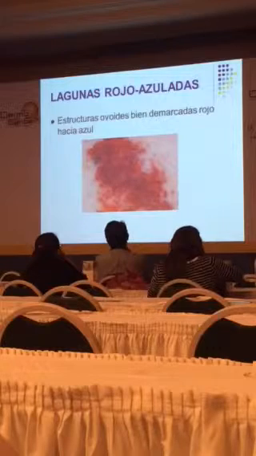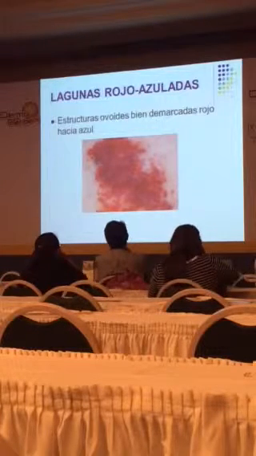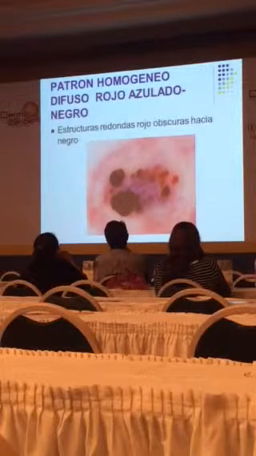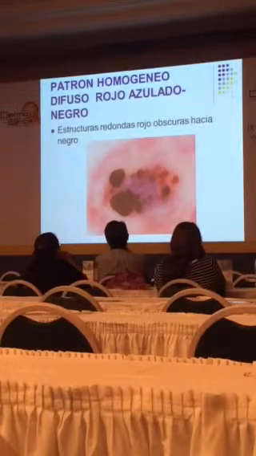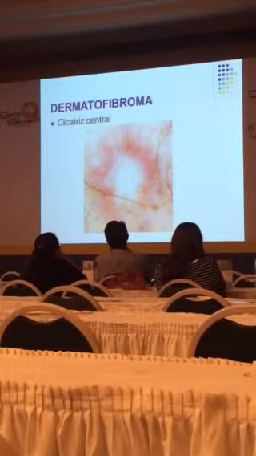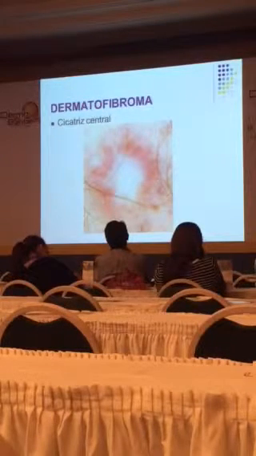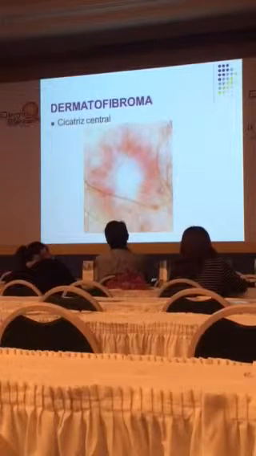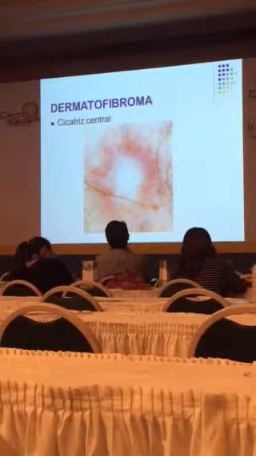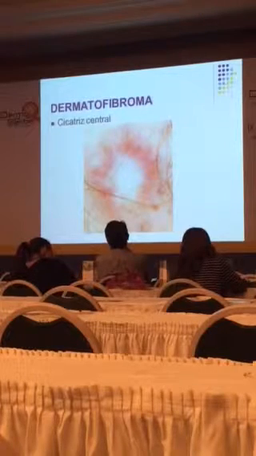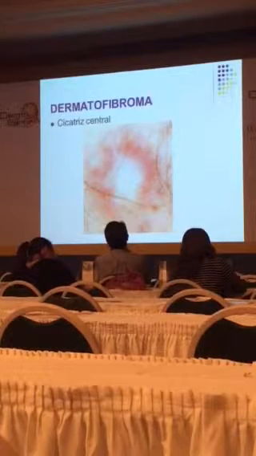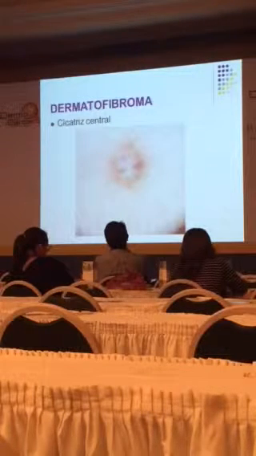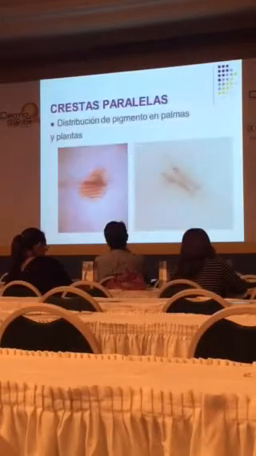And vascular lesions, I don't have Kaposi sarcoma, but vascular patterns are benign, you can quickly recognize them. Another example of a vascular pattern. And this is a classic pattern of a dermatofibroma. Usually they are clinically not a problem, but if you want to look at them, you will have a central scar or hypopigmentation with some network around it, usually always dermatofibroma. And then another example of dermatofibroma.